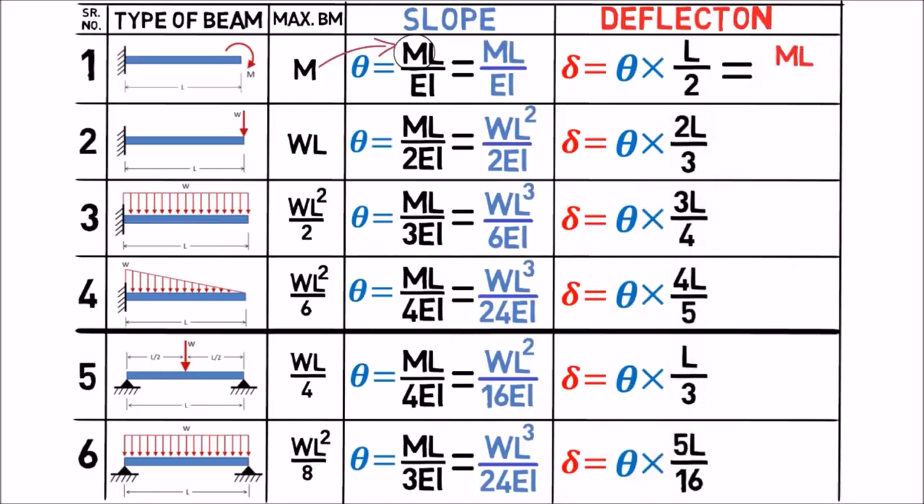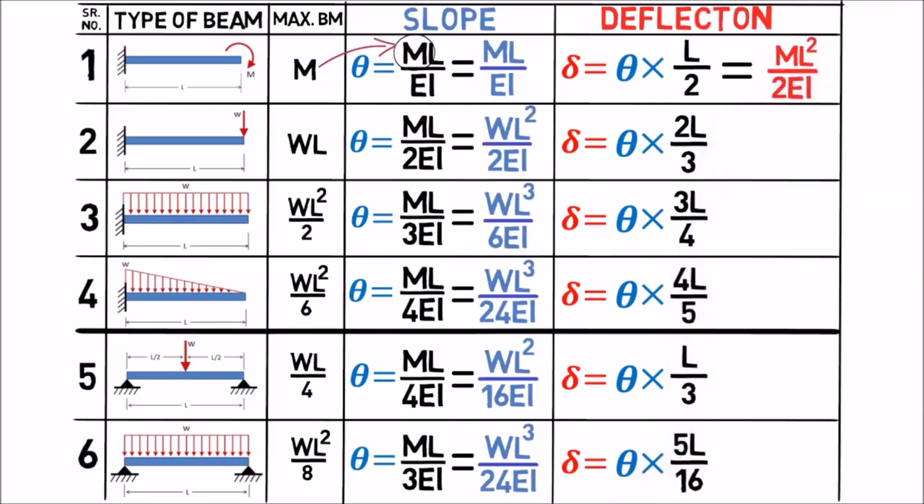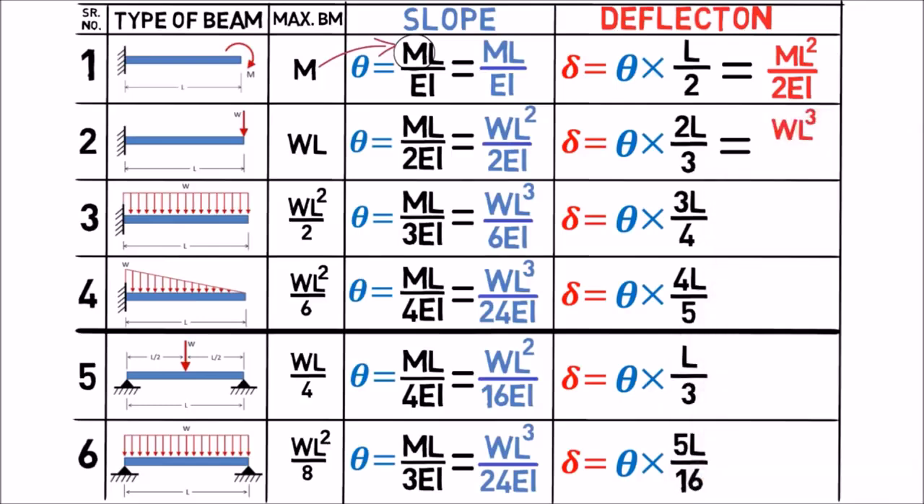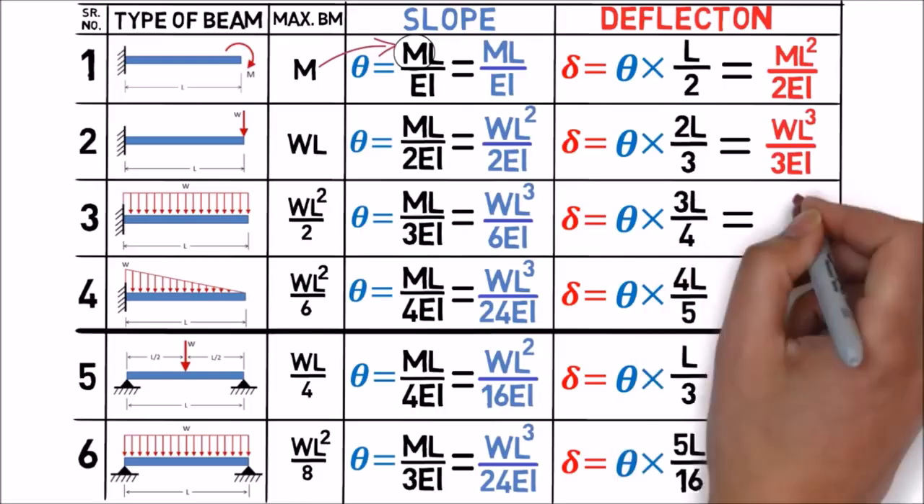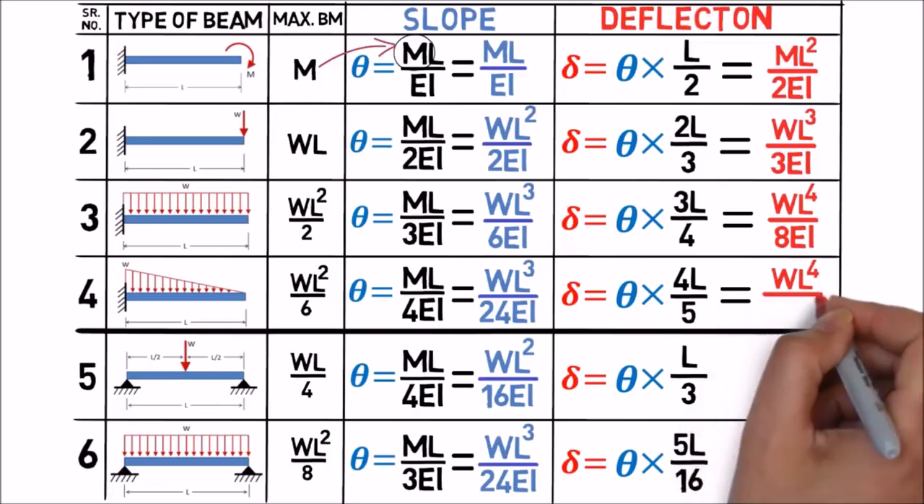For the first case, ML by EI into L by 2, which will give ML square by 2EI. For the second case, the slope is WL square by 2EI, so multiply it with 2L by 3, hence we will get WL cube upon 3EI. For the third case, a cantilever beam carrying a UDL, the deflection will be WL raised to 4 upon 8EI. For the fourth case, a cantilever beam carrying UVL, the deflection formula will be WL raised to 4 upon